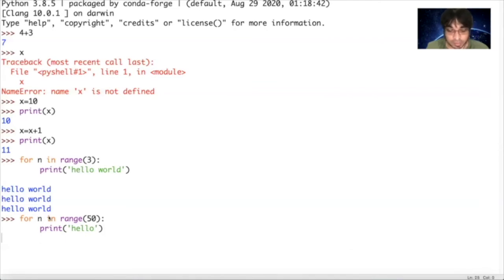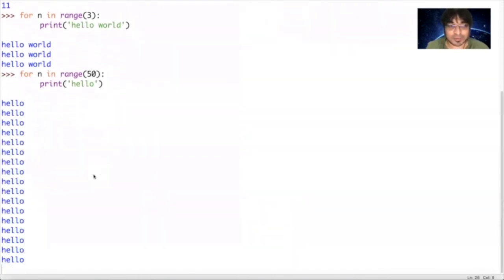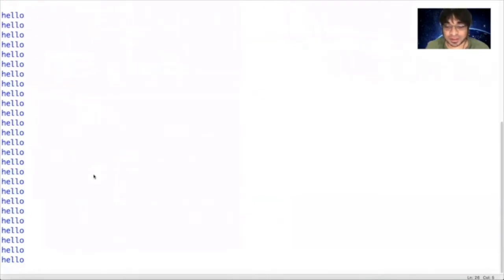I just hit a backspace to tell the interpreter that I'm done writing the loop. Hit enter, and it's going to just print hello 50 times. So this is the power of programming. You don't have to actually write this 50 times. Instead, the loop is going to take care of it, right? Okay.